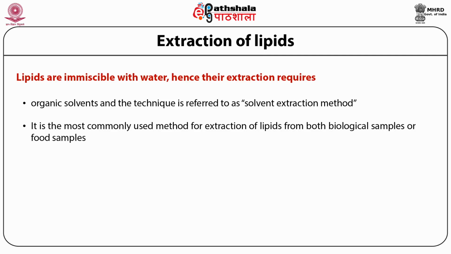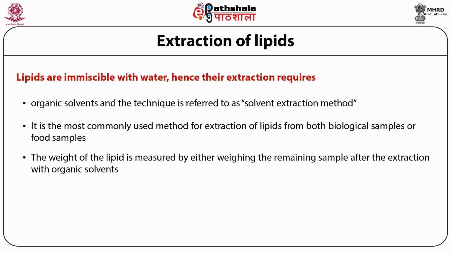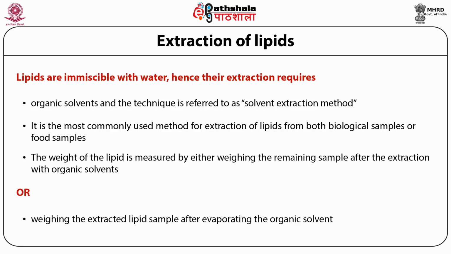Once the lipid is extracted from a cell or a tissue of an organism or from food samples, the weight of the lipid is measured by either weighing the remaining sample after the extraction with organic solvents or weighing the extracted lipid sample after evaporating the organic solvent. So you can evaporate the organic solvent by flushing a stream of nitrogen gas into the tube. The organic solvent will evaporate, and what you're left with is a thin lipid film sticking to the walls of the tube, and then you can measure the weight of this tube, which will give you the weight of the lipid sample that you